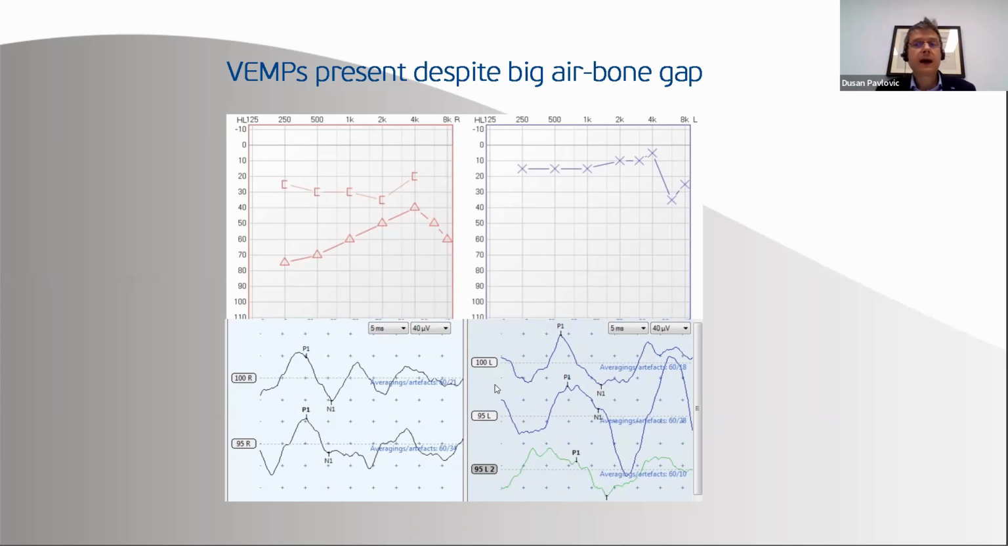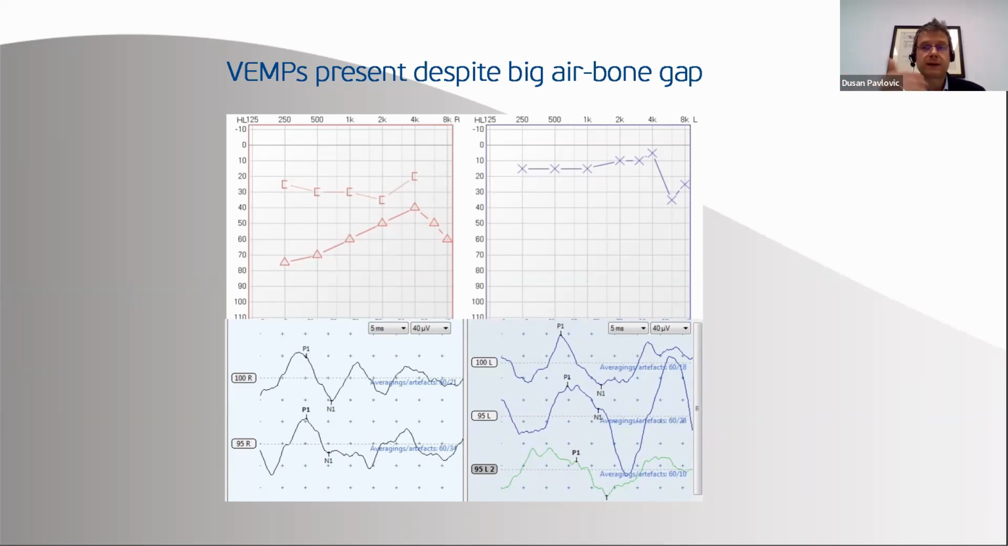Well, actually, how can we get a response with great conductive hearing loss? Here at 500 hertz there is a 40 dB air-bone gap, but we get a response. If it is middle ear conductive hearing loss, so stimulating with the sound